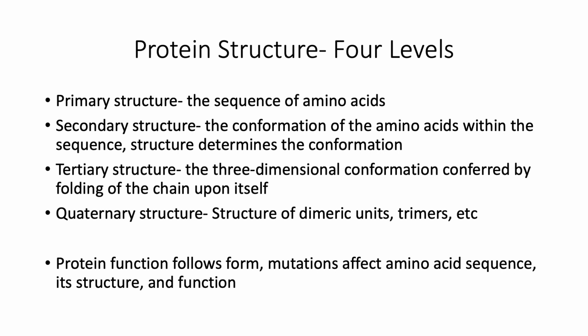So when we talk about protein structure, we're looking at 4 different levels of protein structure. The first of these is what's called primary structure. This is the sequence of amino acids, the 20 that we've discussed before, once you link them by elimination of water, giving the peptide bond. So you can have a primary structure of, say, alanine, then valine, then glutamine, then tryptophan, then lysine, and proline